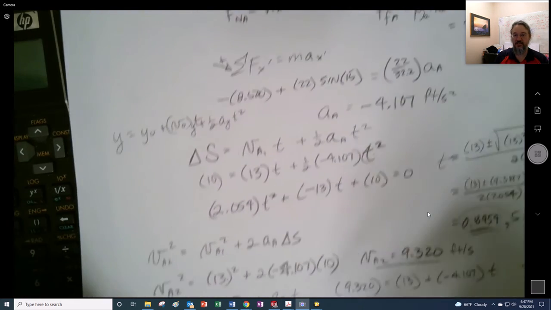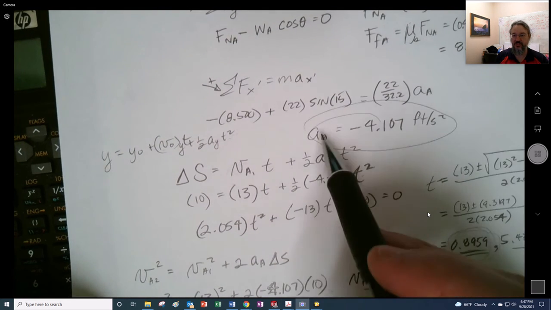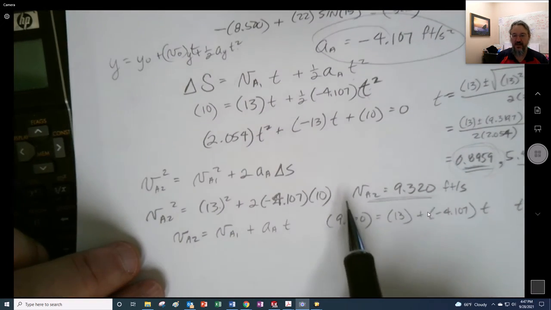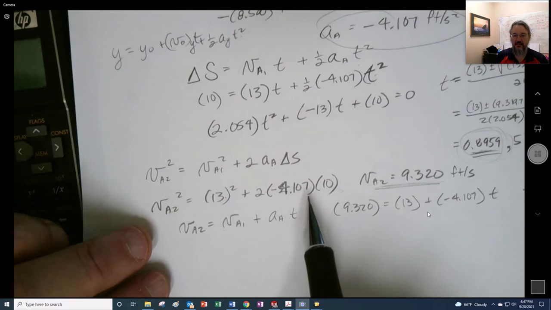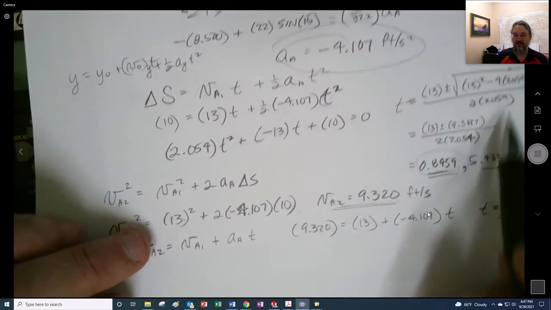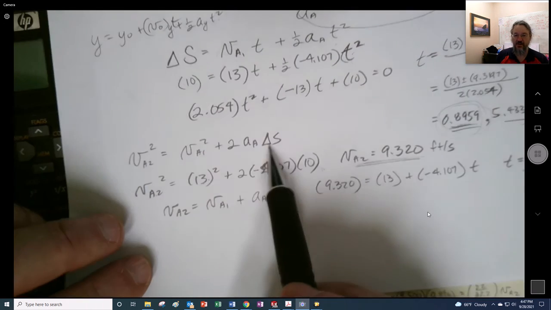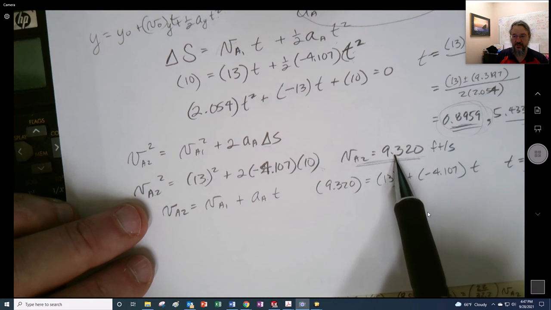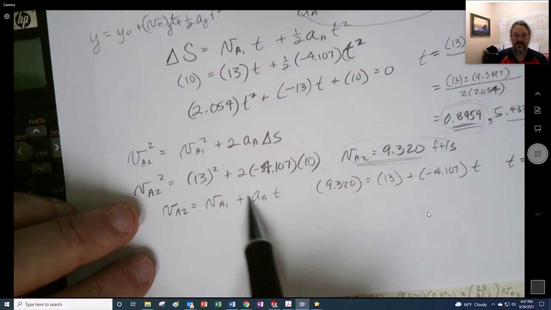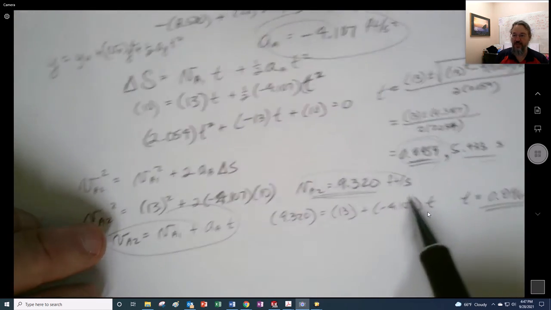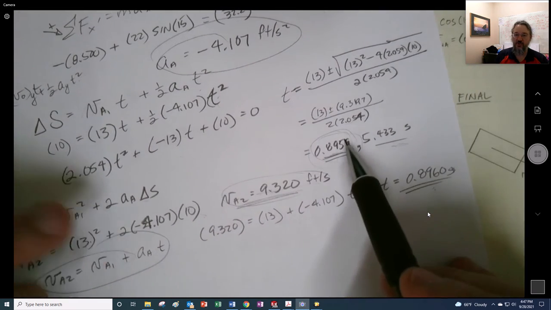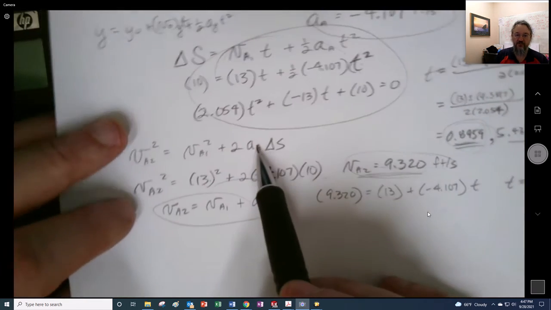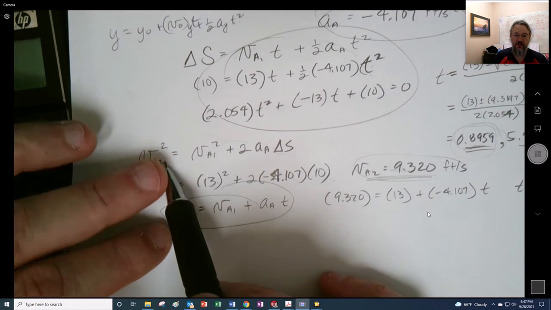But all I did here was I found the acceleration from Newton's second law. Then I applied constant acceleration kinematics. And well, I got the time here from constant acceleration kinematics, but I could also find what the velocity was from constant acceleration kinematics. And with that velocity, I could now find the time. So actually, I confirmed that what I got from doing this one step, I got the time. I could do it from two steps, right? I could get from my